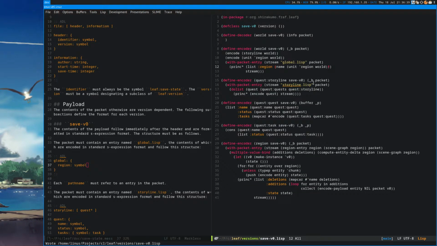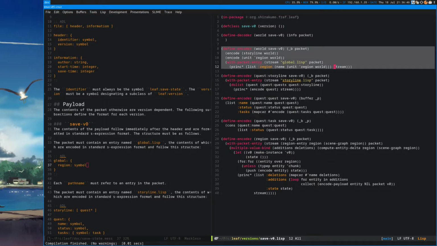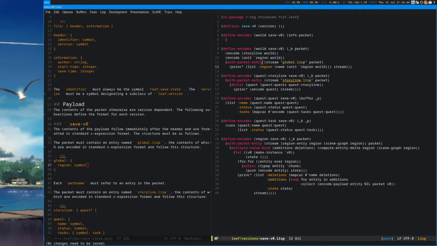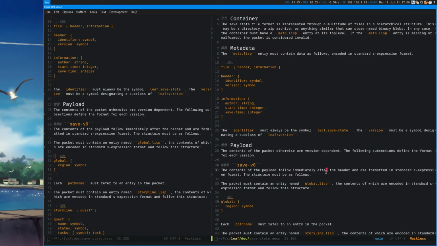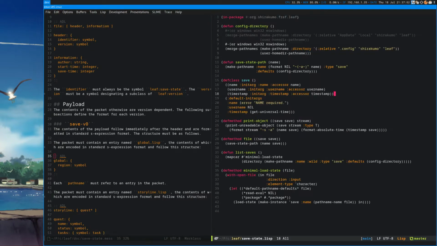Fantastic. I like it. Okay, that should settle the saving of the actual entity data. So all that's left is the saving of the metadata, which is not here. It's here.